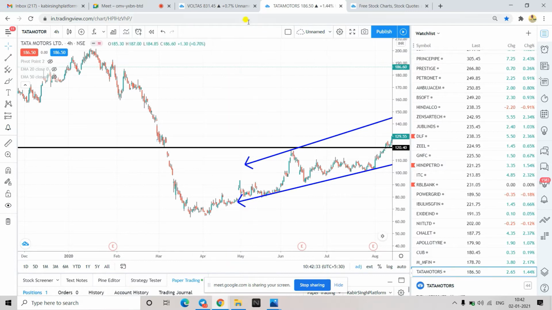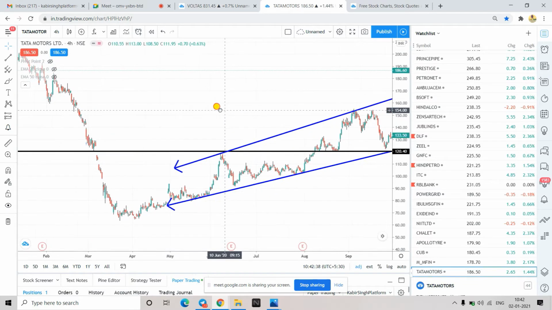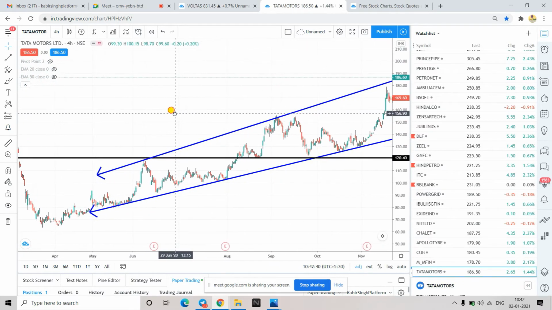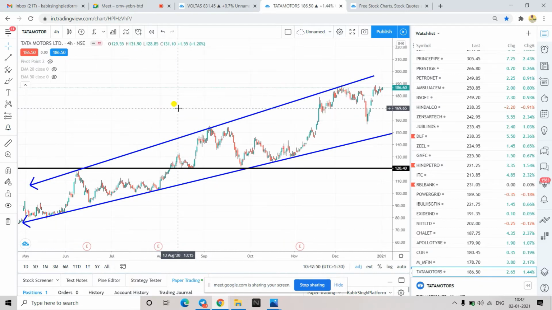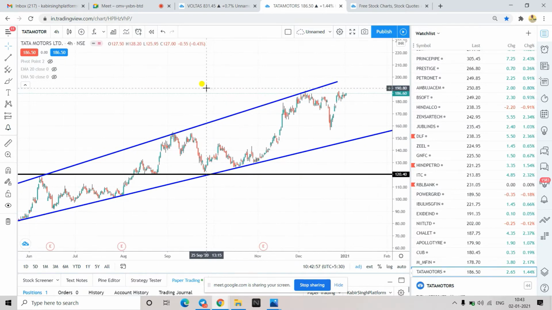Otherwise you can just make an account on the TradingView platform. This can be done on a mobile or a laptop. In mobile it can also be drawn, but it will be a little difficult because the screen is small. On a system, it will be easier for you. Is there some other stock where you want me to draw now? We'll see one or two examples before you get an understanding. Just do it now for Ramakrishna Forging.